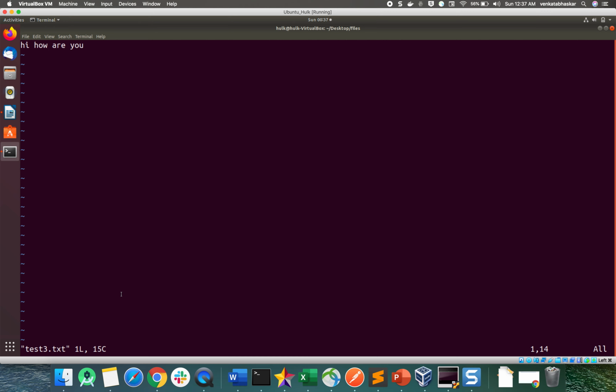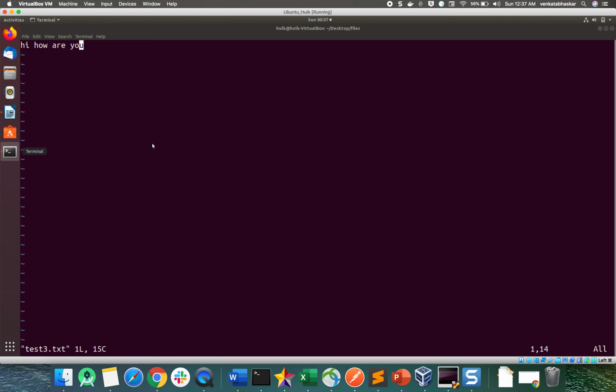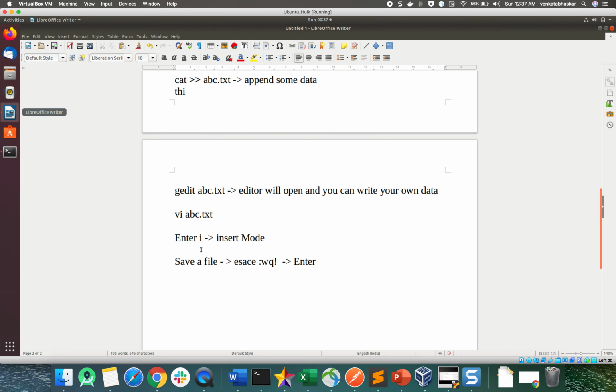Now by default you can't insert data, as I explained in the document. Now enter I for insert mode. See here, this is insert mode. Now if you want to write some data, hello world, I wrote this data. How to save? Go to the document and read this part.